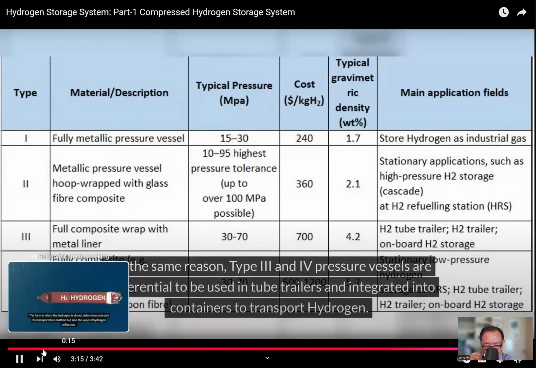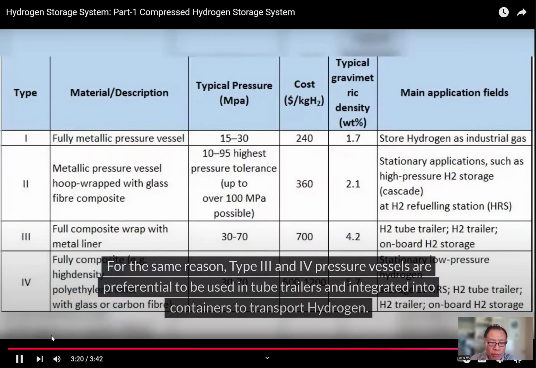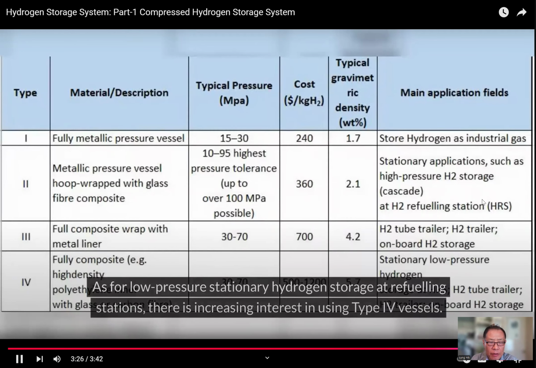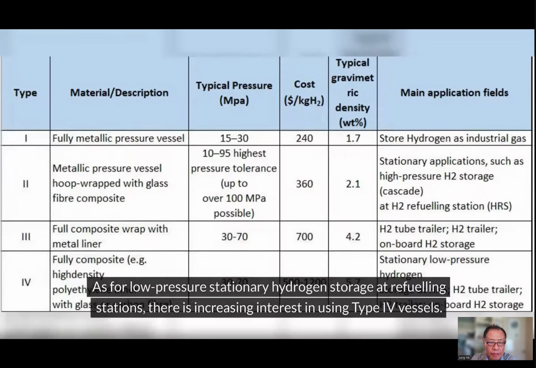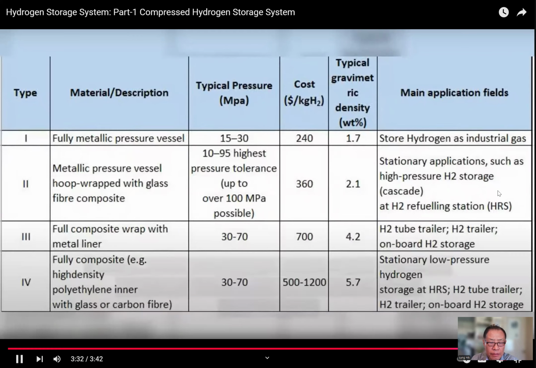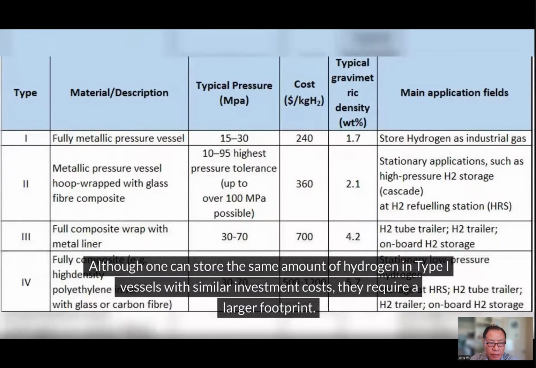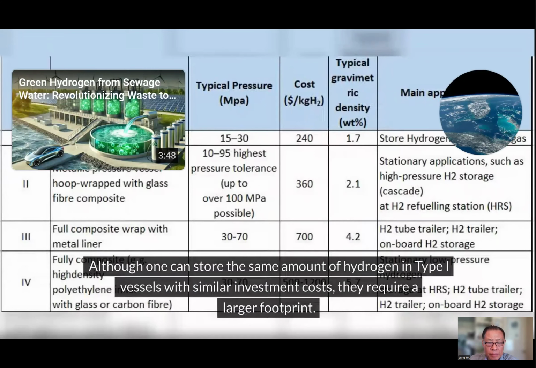For the same reason, Type III and IV pressure vessels are preferential to be used in tube trailers and integrated into containers to transport hydrogen. As for low-pressure stationary hydrogen storage at refueling stations, there is increasing interest in using Type IV vessels. Although one can store the same amount of hydrogen in Type I vessels with similar investment costs, they require a